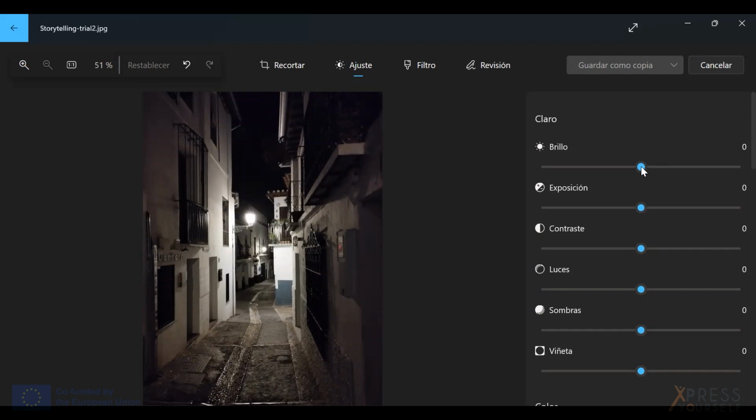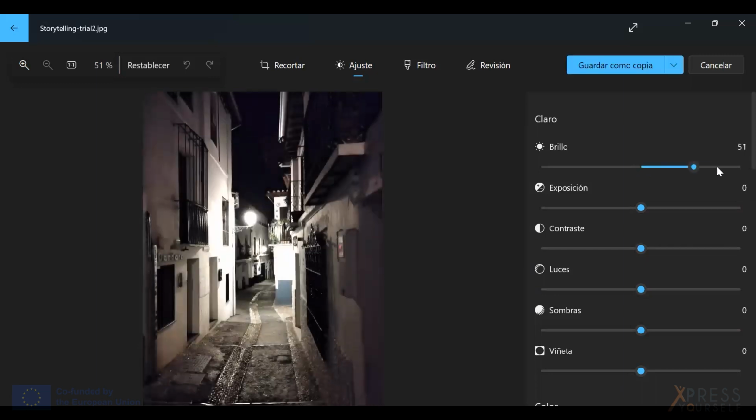That means whereas you have brightness in a simple application, you will have brightness divided into other parts in a more professional photo editor.